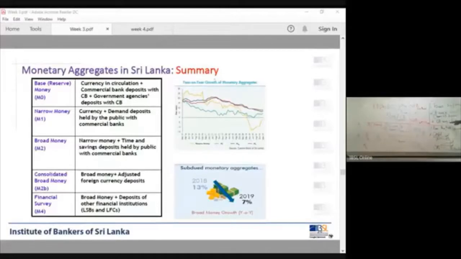Going back, the factors behind broad money are foreign currency buying and selling by the central bank and commercial banks, and credit provided by the central bank and commercial banks. Central bank credit is basically to the government and the financial institutions. Commercial banks give credit to the government, corporations, and the private sector. The central bank does not directly give loans to the private sector. So you can't go to the central bank and ask for a loan.